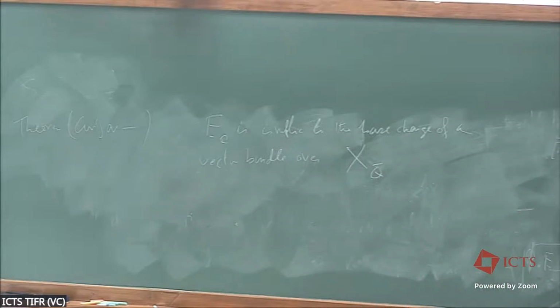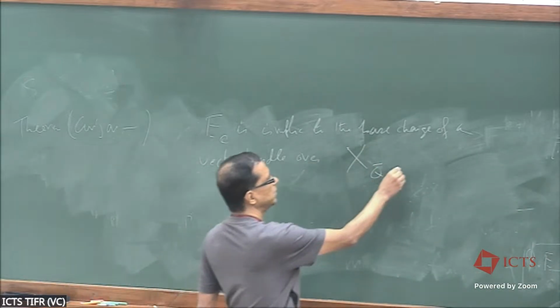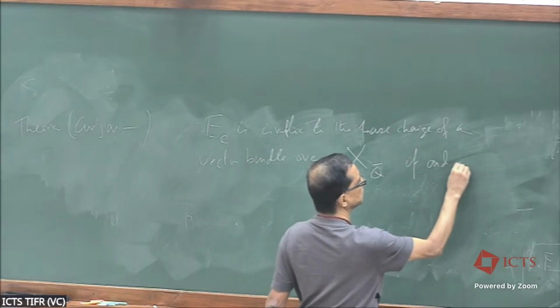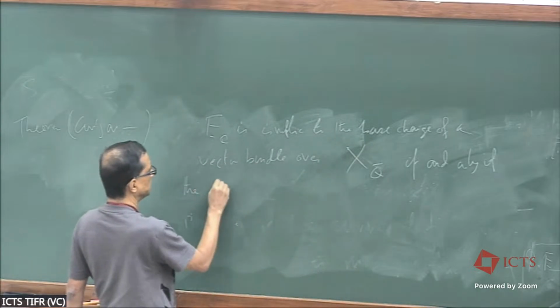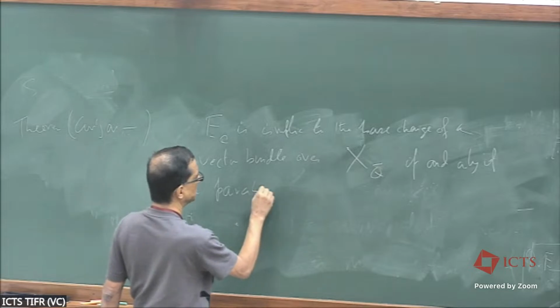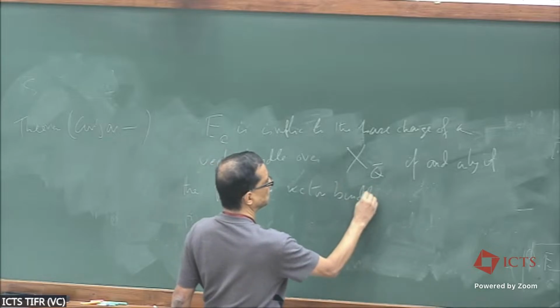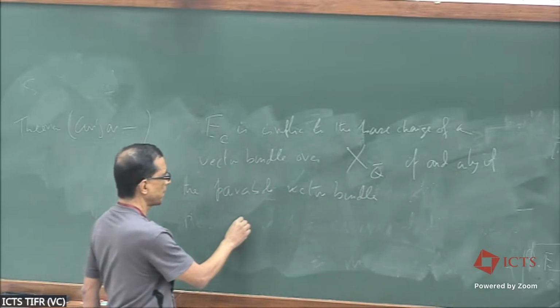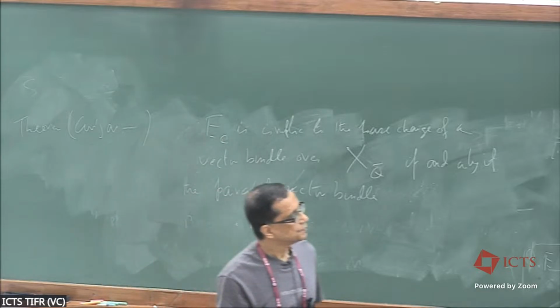So recall the question. The question was that given a vector bundle, when is it isomorphic to a base change of a vector bundle defined over Q bar? So I'm just trying to say that E_C is isomorphic to the base change of a vector bundle over Q bar if and only if the parabolic vector bundle F of E_C